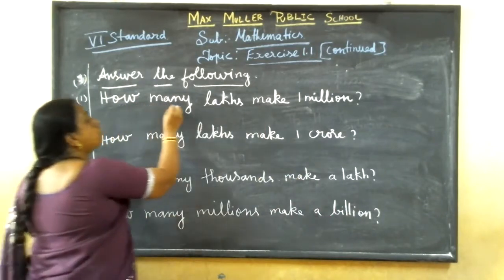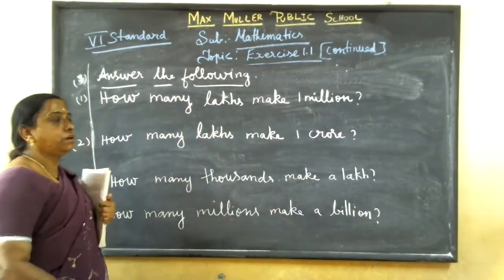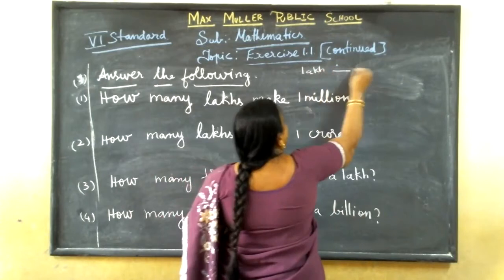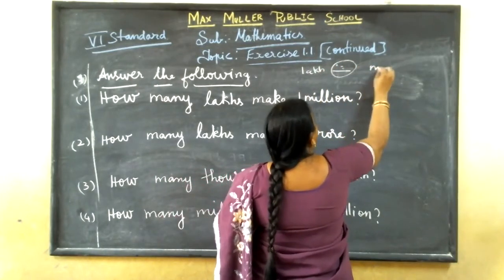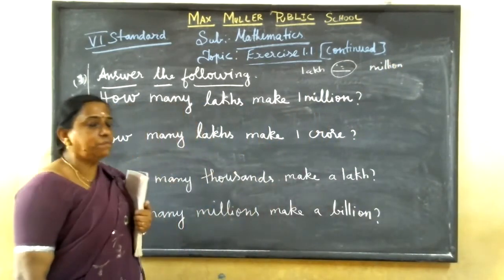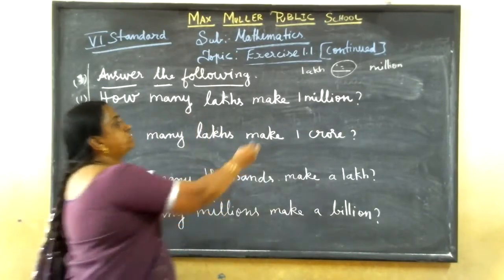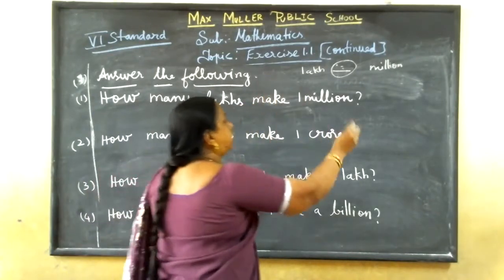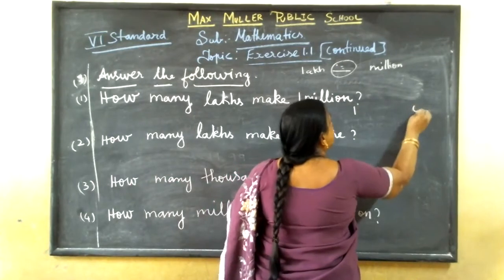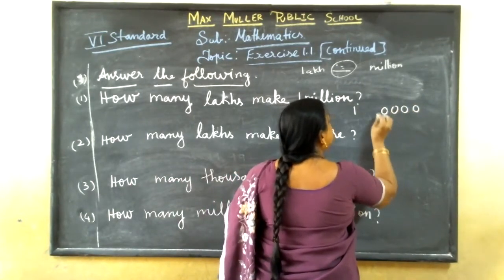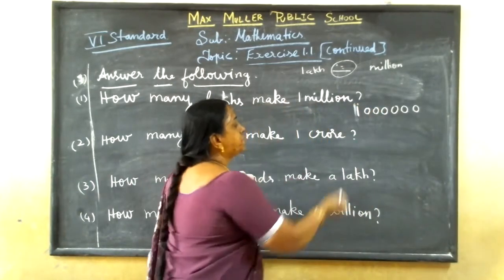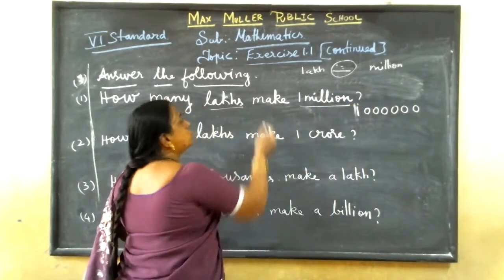See, first one, how many lakhs makes 1 million? So, how many lakhs is equal to 1 million? So, here 1 lakh, here million. How many you should find now? So, how to do already? I taught you shortcut method. If 0 comes, how to divide. So, first we'll take greatest number, million or lakh. Million is greater, so we'll write million. 1 million, how many zeros for 1 million? Here, ones, tens, 100, 1,000, 10,000, 100,000, million. Got it? See here, international system million. Lakhs is what? Indian system.